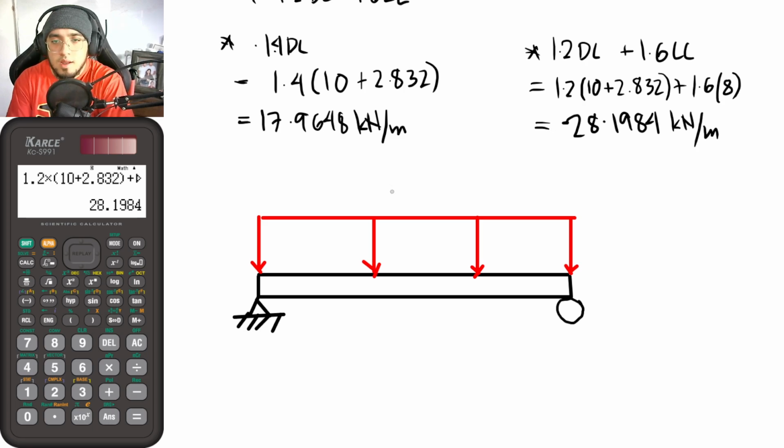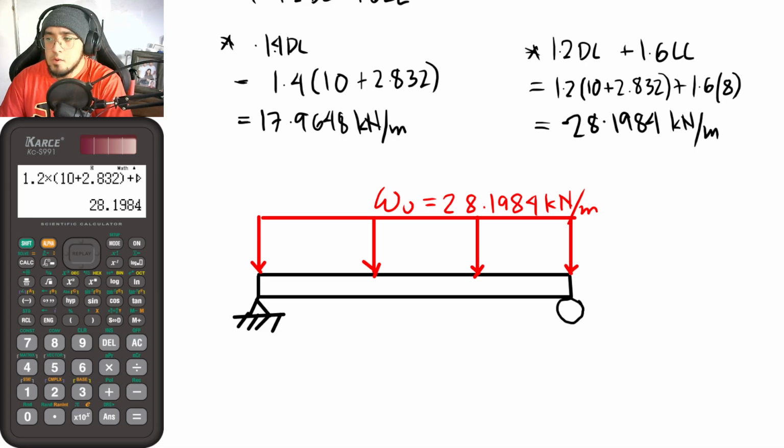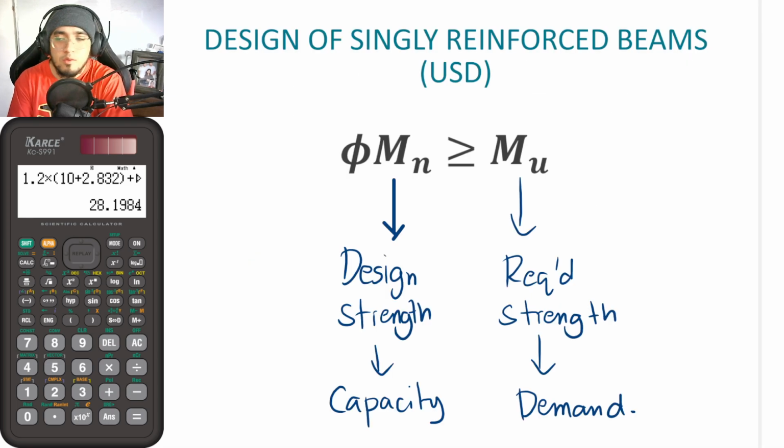Okay, so with that, guys, our omega u is now equal to 28.1984 kilonewtons per meter. So what is now the use of that Wu? That is now our basis for our required strength. Is it the case that our required strength is equal to 28.1984? Not yet. Since in USD, in beam design, we are referring to our ultimate strength or required strength as